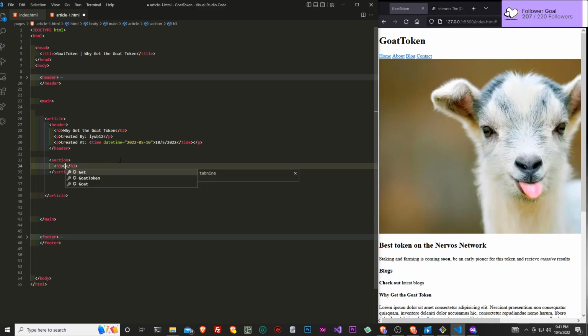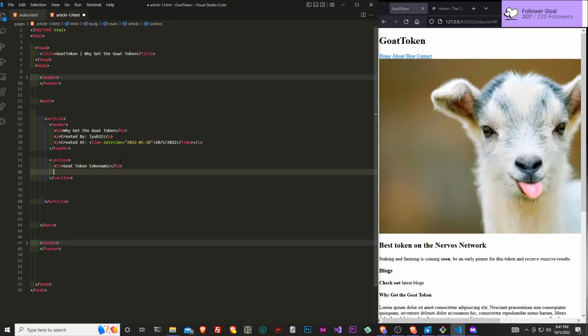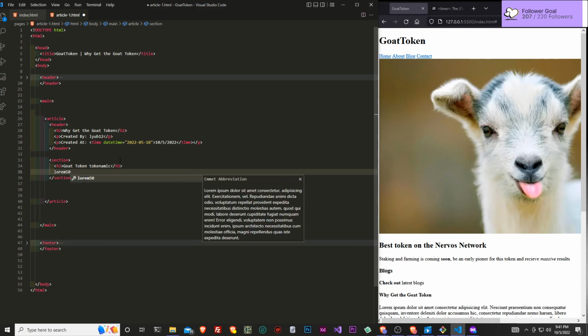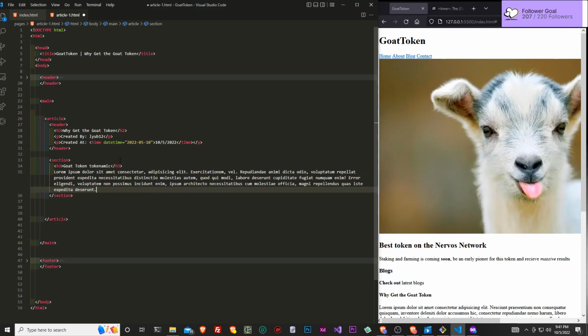So we can do GOAT tokenomics. And then we can have a p tag, or we can wrap this lorem. Let's give it like a nice 50-word explanation about the tokenomics of this token.